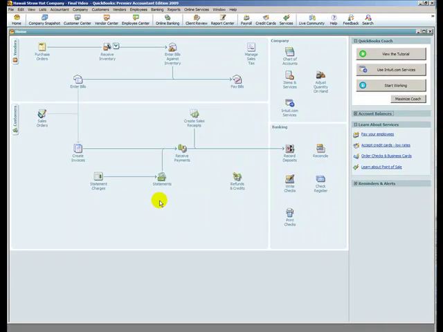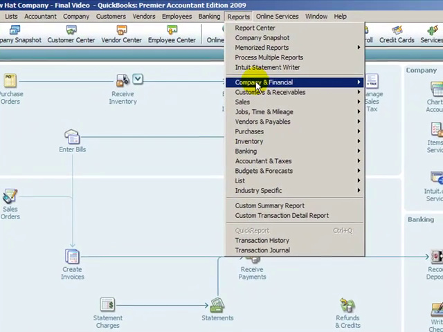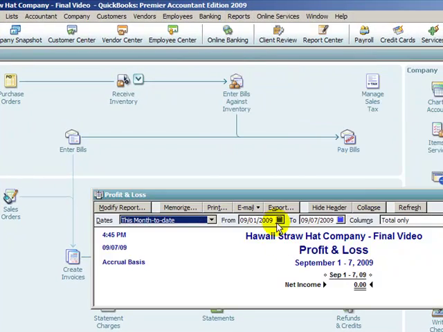Now let's see if it updated our balance sheet and income statement correctly. As you recall, the income statement should not be affected at all when we make this payment because we record expenses and revenues as we earn them, as we earn the revenues, or as we incur the expense, not when the cash actually flows. We are following what's called accrual basis accounting in my tutorial here. So let's go and look at the income statement, but you see there shouldn't be any change in the results